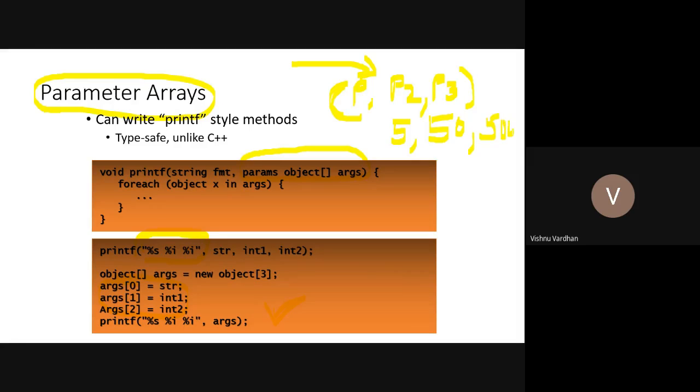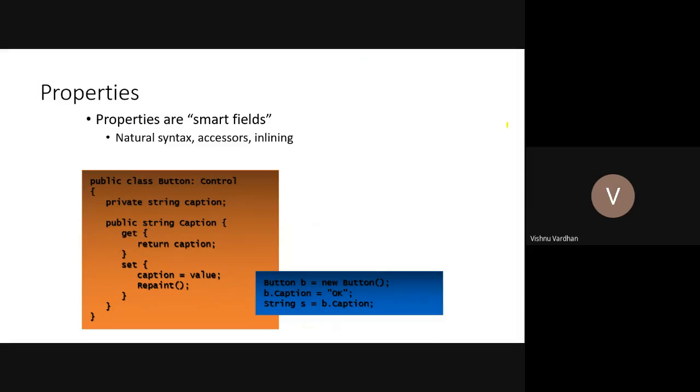Okay. Then properties. These are an excellent encapsulating feature which is provided by the object-oriented programming language. These are generally called get set methods in other programming languages like Java. So this is the get method and this is the set method which is combined in a property. So this whole part is called a property.